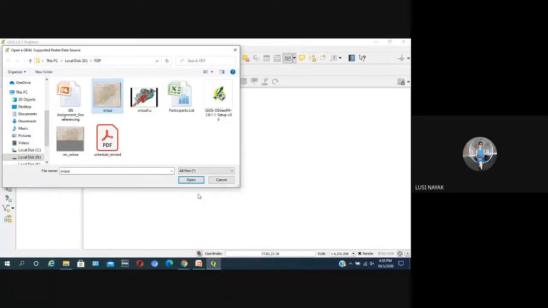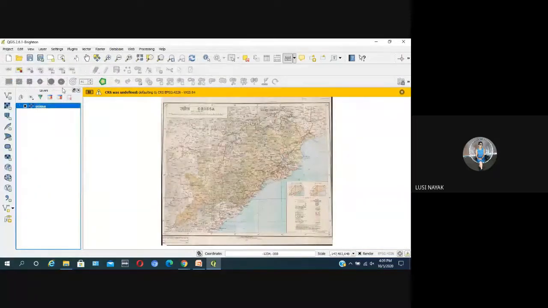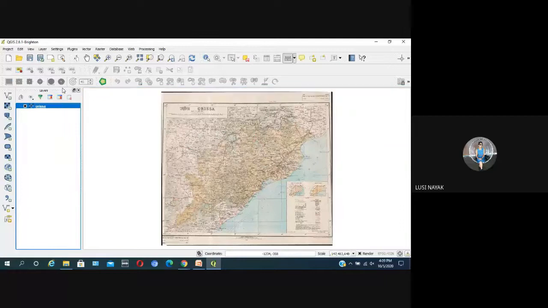Then click on your map and open it. Go to raster layer, then georeferencer.